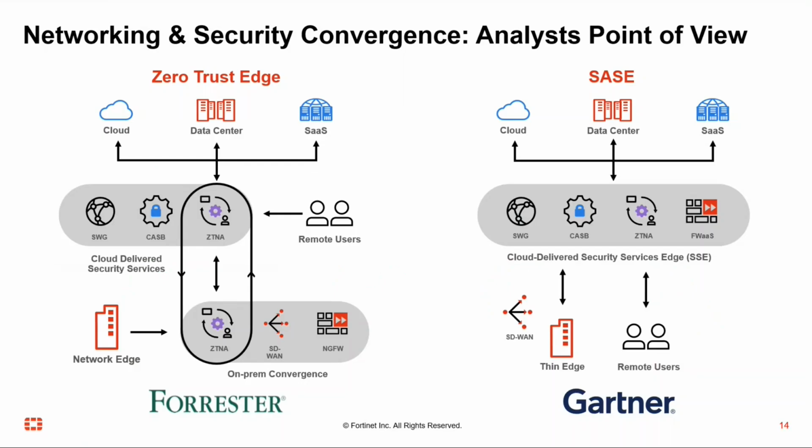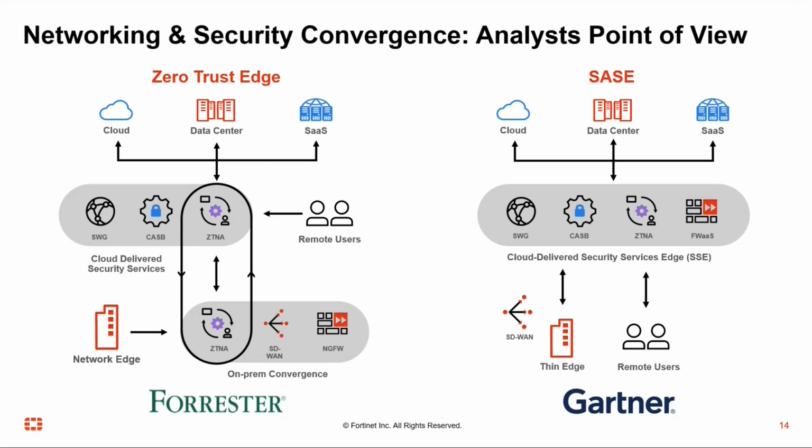On the screen at the moment, there are two different analysts. On the right-hand side is Gartner, and on the left-hand side is Forrester. Gartner talks about this thing called SASE, a phrase coined back in August 2019, which stands for Secure Access Service Edge. Noted in the middle on the right-hand side, it also talks about SSE. SSE is basically SASE without the SD-WAN component, because some vendors can't offer the SD-WAN component, or all they can offer is the SD-WAN component, and it may then require a partnership with another vendor to provide those other SASE capabilities.